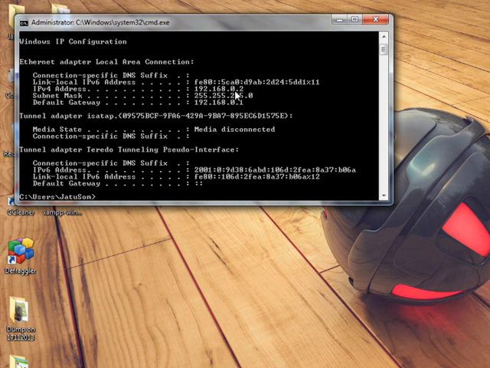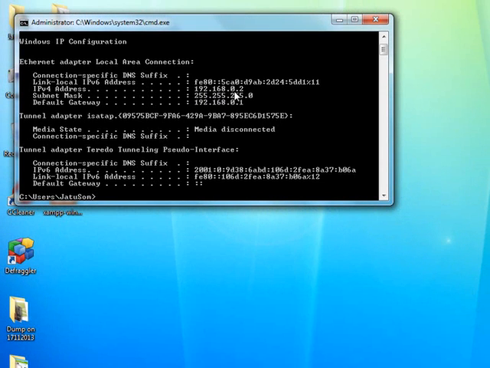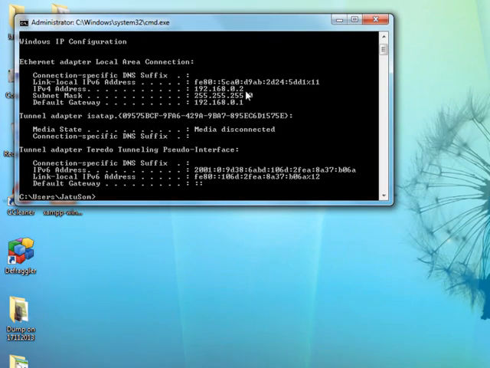This might be a different address in your case. It depends upon the network settings that you have applied in your network. So in my case, this is 192.168.0.2. You have to note down this address somewhere on a piece of paper,